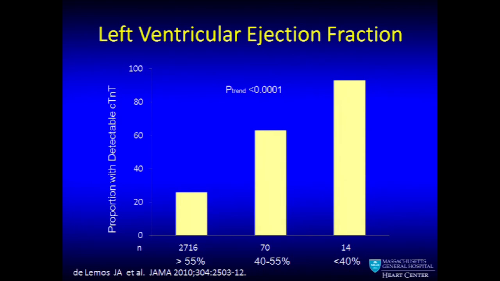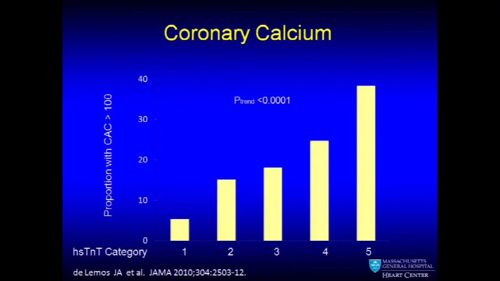Left ventricular ejection fraction, another predictor, if you will, of highly sensitive troponin concentrations. The presence of ischemic heart disease, even asymptomatic, can lead to elevations in troponin in an ambulatory, apparently well population. Is this a type 2 myocardial infarction in the absence of symptoms? It's the old adage, if a tree falls in the forest and no one is there to hear it, did it make a sound? It's hard to know if we can necessarily attribute a direct, quote, myocardial infarction